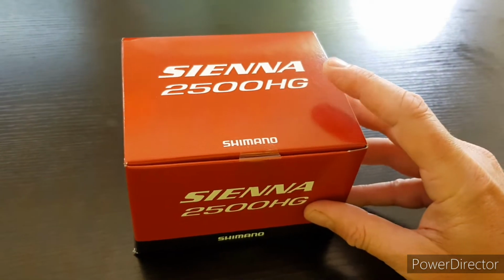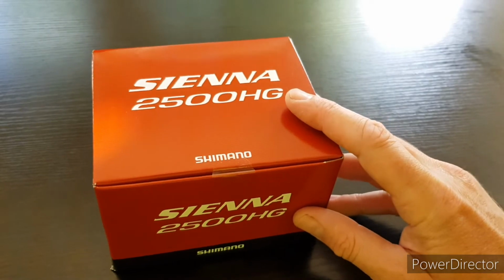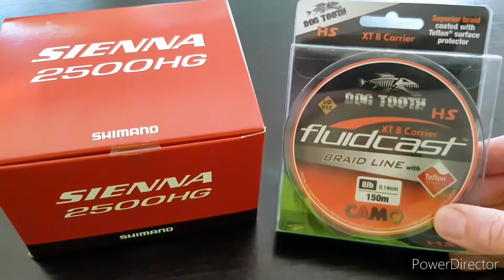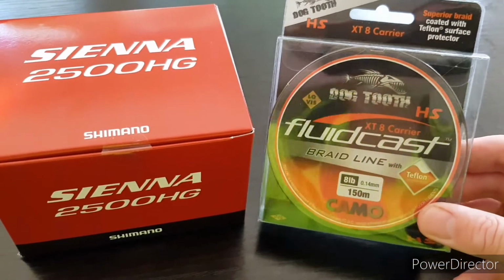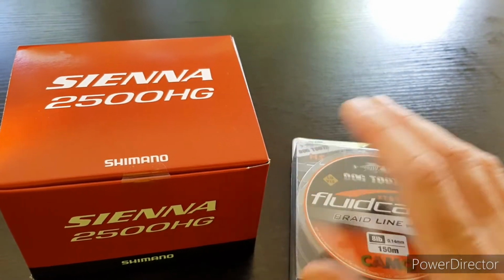Now, this model is supposedly compatible with braid, and as usual, I have got myself some braid. This time I've also gone with a brand of braid that I don't think I've used before, which is Dogtooth. Now, I got both of these items from my